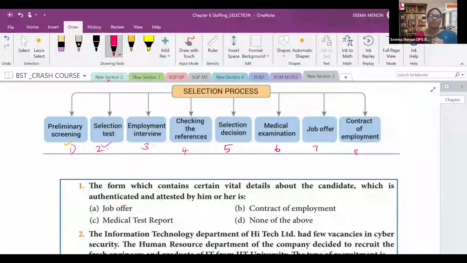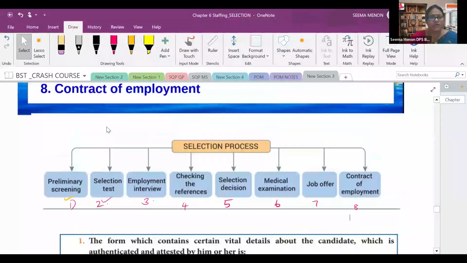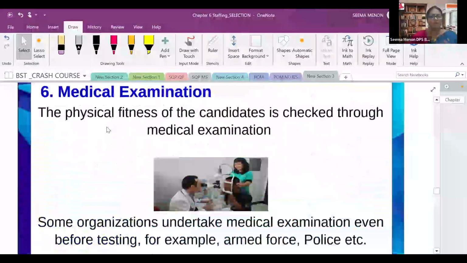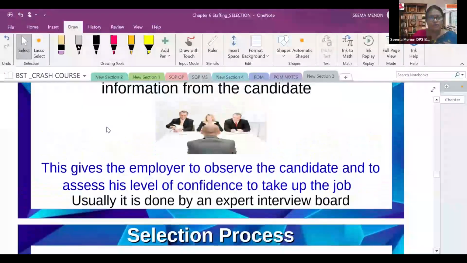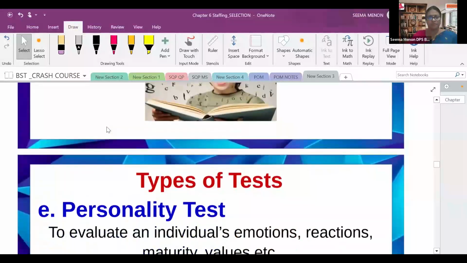Even though it is coming for a 6-marker, you have to write all 8 points briefly, with proper explanation. Okay. So let's go back to the process one by one. I will explain, there is a lot to learn. You should understand what are